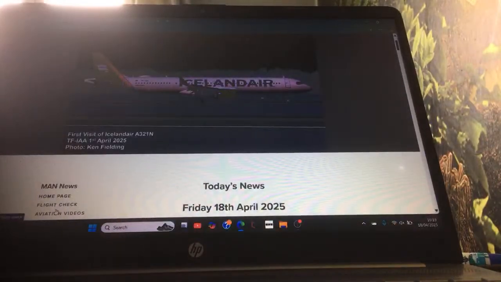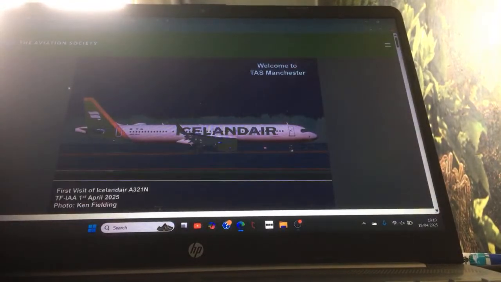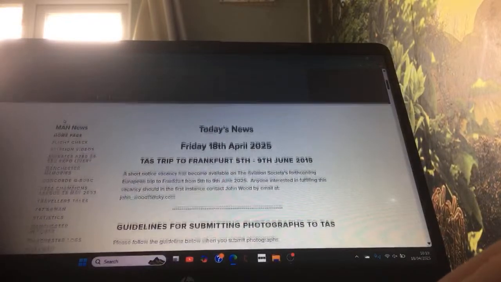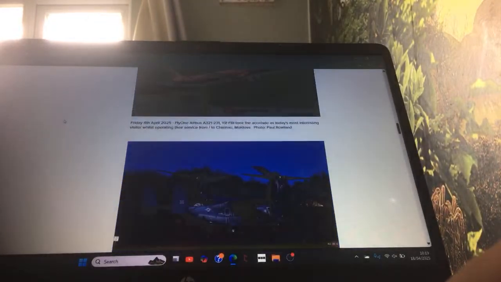So yeah, we're going to be having a look at some of the tasks. I think it's my rarish planes coming in. We have that 321. You have to go right down to the bottom. Oh, that's a nice one. That's a good one. Here we go. Yeah,